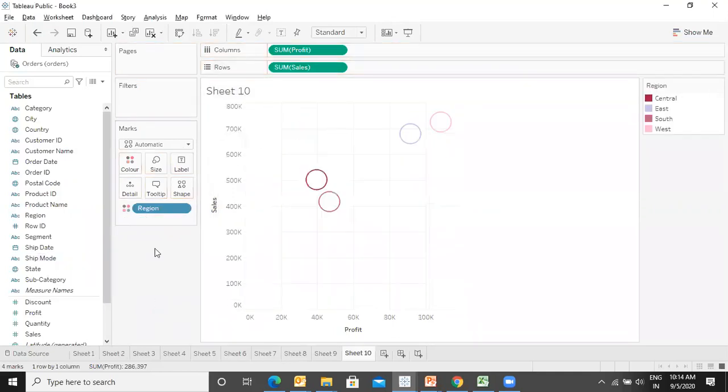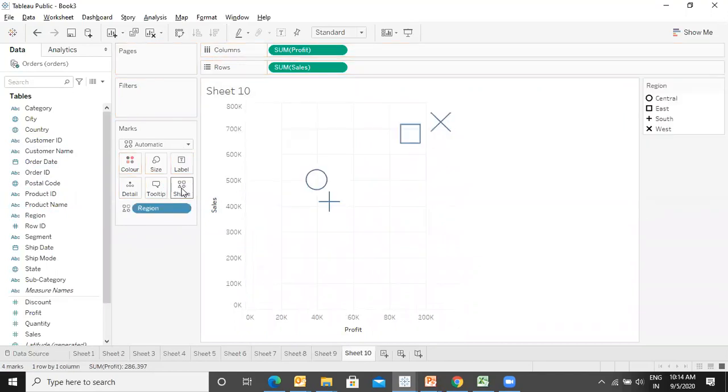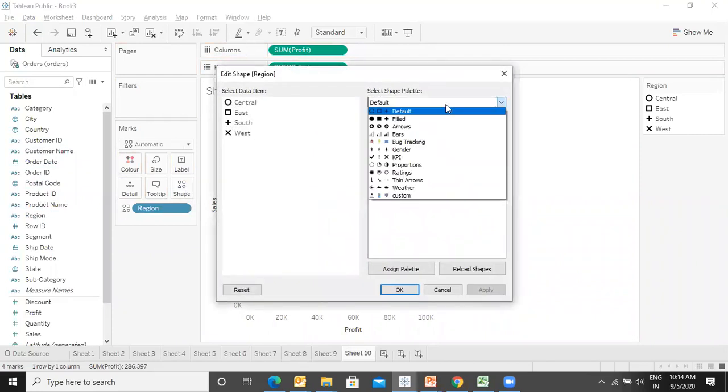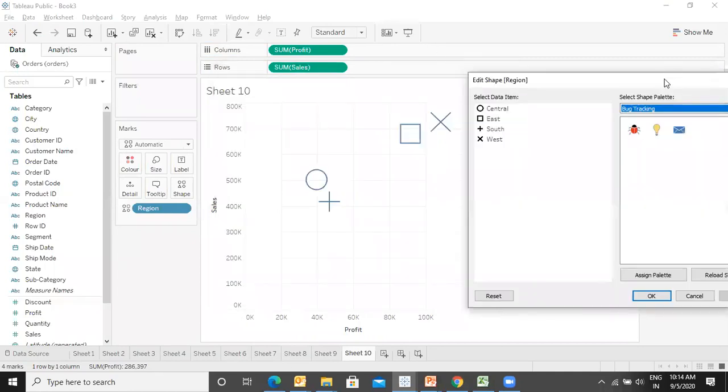Instead of category, let me put the region in the shape, and let me edit the shape, and let's take this one. Now you see how many regions we have. We have 4 regions, but the shapes which we have are 3.